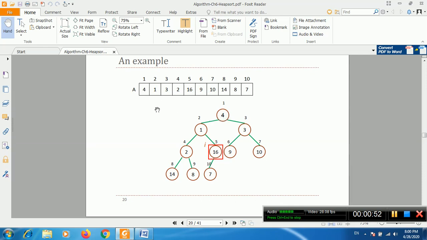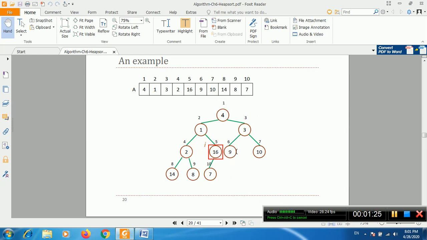The next element is 1, so the left child is 1. 3 is the third element, 2 is the fourth, 16 is the fifth, 9 is the sixth, 10 is the seventh, 14 is the eighth, 8 is the ninth, and 7 is the 10th element. So now this is the complete binary tree, but it does not follow the property of max heap, because